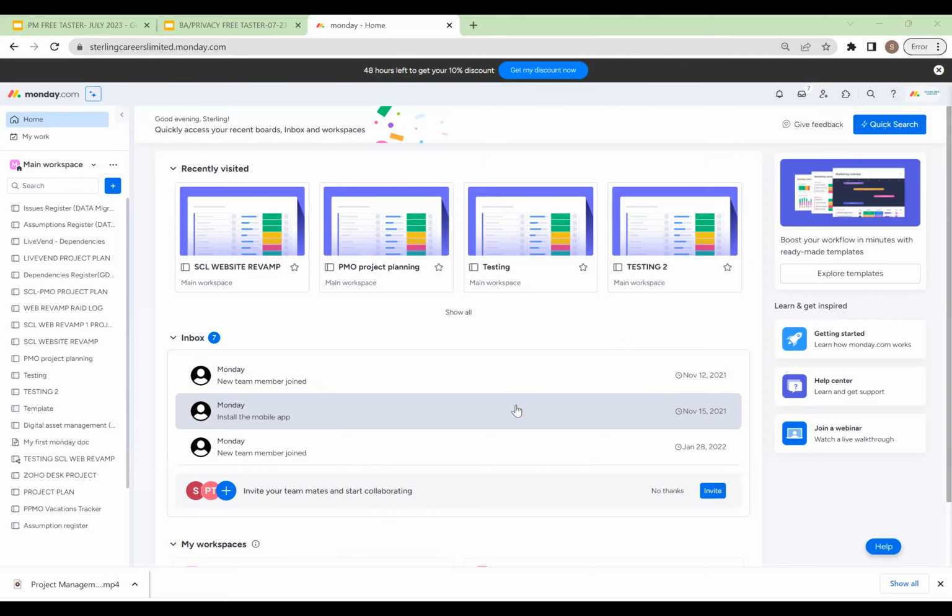So some basic fundamentals, you must at least know how to use Excel. Whether you want to become a project manager, you want to be a business analyst, or you want to be,